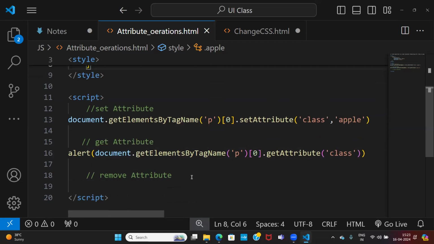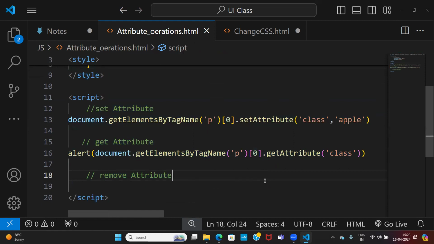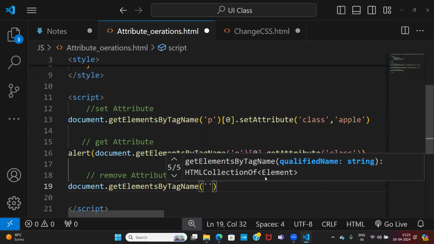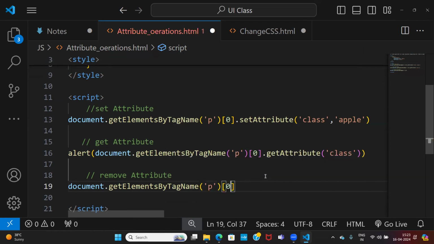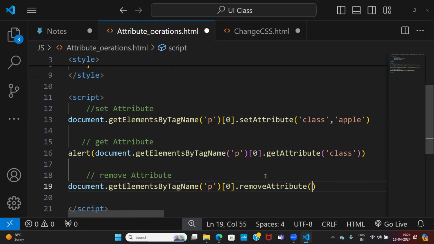Now remove attribute. Remove attribute means I want to remove the attribute. Okay, so the same thing. Document dot get elements by tag name. Name of the tag is h1, sorry, paragraph, p of 0, and p of 0 dot remove attribute. There is a method called remove attribute. What is the attribute I want to remove now? Class, not value. You have to say the attribute name. And after the remove attribute,